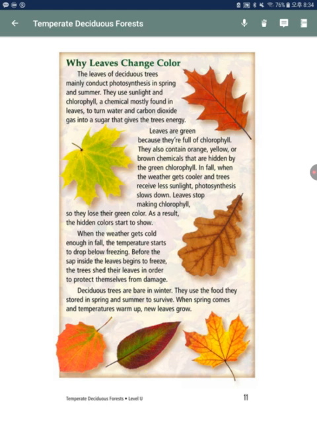In fall, when the weather gets cooler and trees receive less sunlight, photosynthesis slows down. Leaves stop making chlorophyll, so they lose their green color. As a result, the hidden colors start to show. When the weather gets cold enough in fall, the temperature starts to drop below freezing. Before the sap inside the leaves begins to freeze, the trees shed their leaves in order to protect themselves from